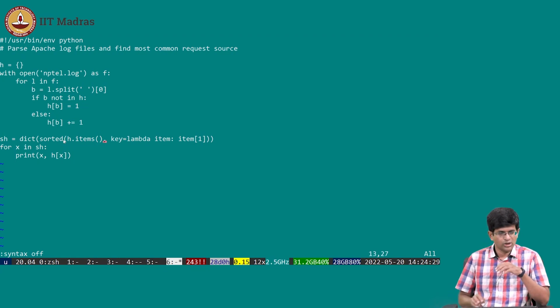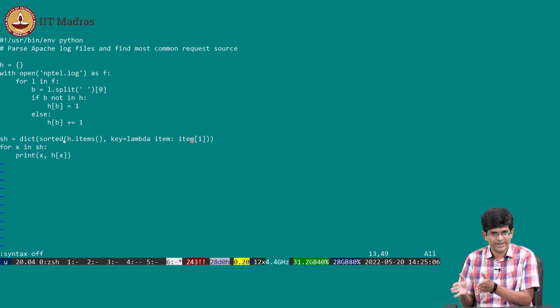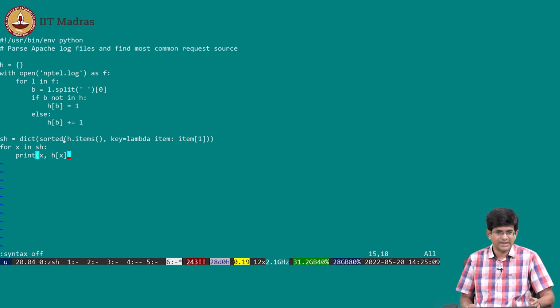After that, I want to actually sort it. Frankly, when I come up with something like this, I need to go on Stack Overflow and look for how to get the values from a list in sorted order. You basically find out how to get the list values in sorted order, and this takes all the item values, the keys, and sorts them and returns a dictionary which contains that same thing, but now with the sorting done on item of 1, that is to say on the second parameter, the number of times it was hit. And all that I'm going to do is just print that out over here.